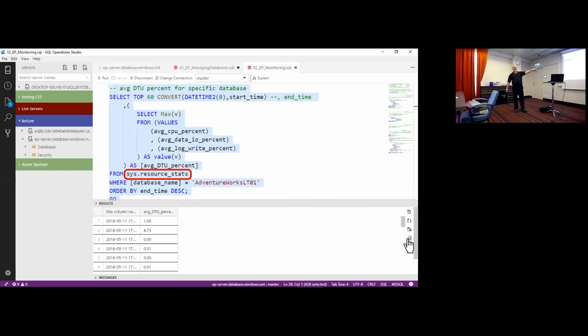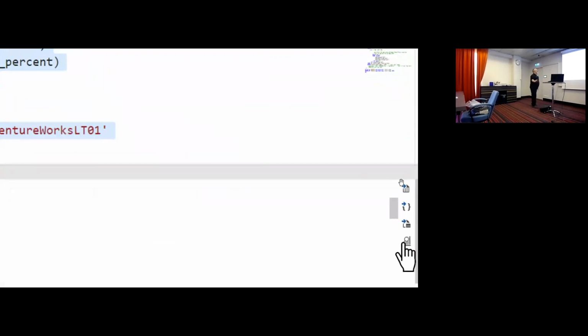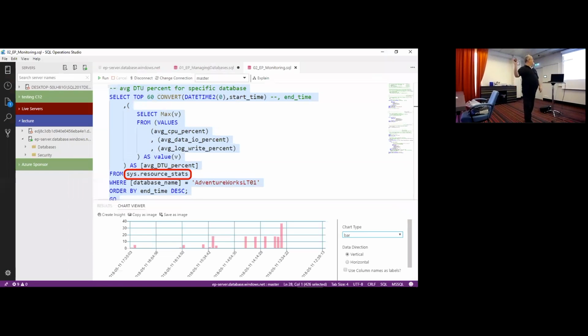You see on the right, I will enlarge this. You see this button? This is cool. This is one of the coolest features that we have here. We execute a query. It doesn't matter which query. Click this button and we get the result as a graph. You don't need to learn BI, forget about what people told you. You don't need any reporting tool. You just need to click the button and you can get the result as a graph. So this graph gives you some information about our statistic.